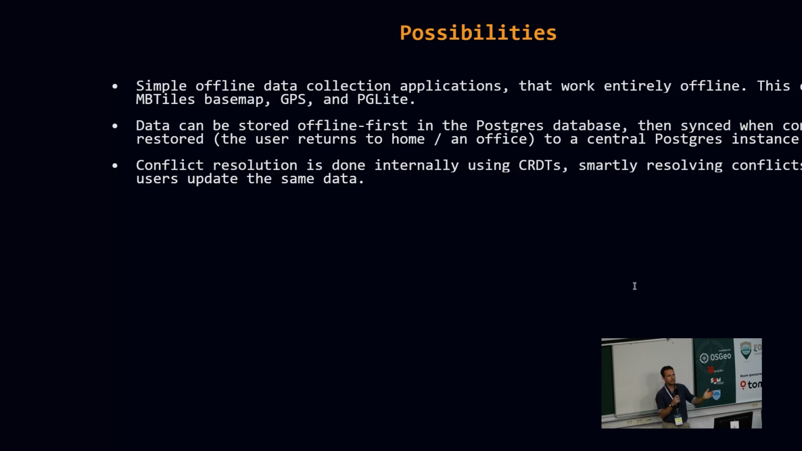You have this sync engine that's available in the middle. When you come back online, you can then trigger the syncing, and this is where you invoke the CRDTs and the conflict resolution if people affect the same data and so on. So yeah, collecting data in the field via the web can be a lot easier with this